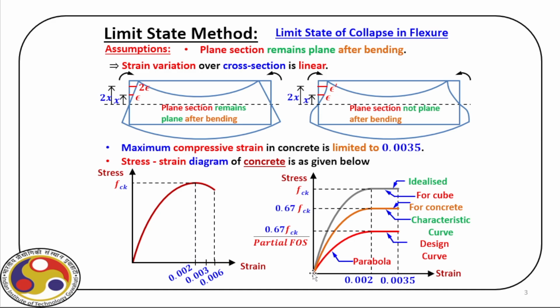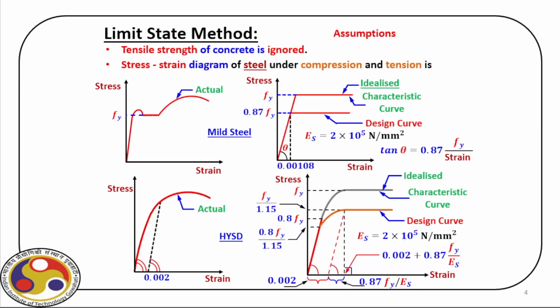And you can recall that you have the design curve here, as you can see. Here you have the design curve. And the main point to be noted here is the amount of strain, that is 0.2% corresponding to the yield point. And then at the time of failure, we have a strain of 0.35%. Now that is for concrete.